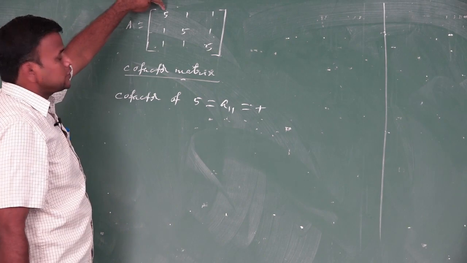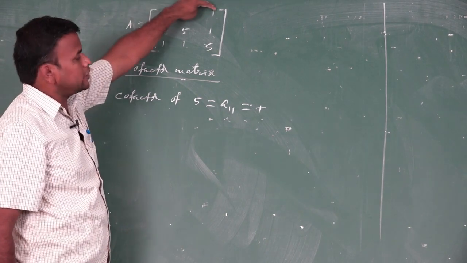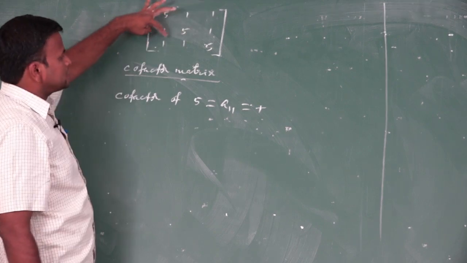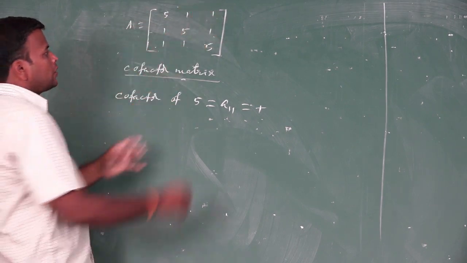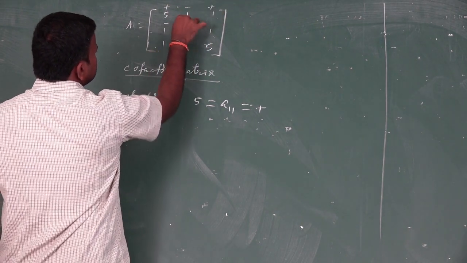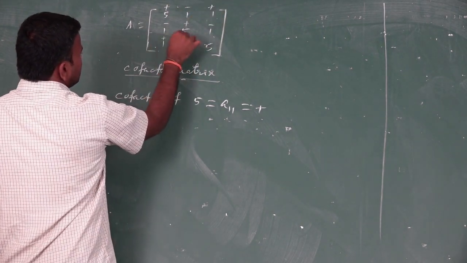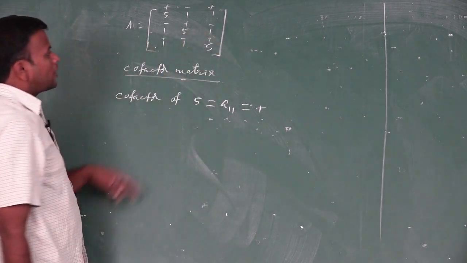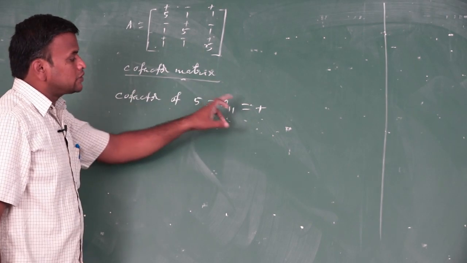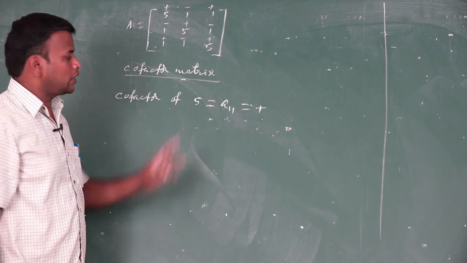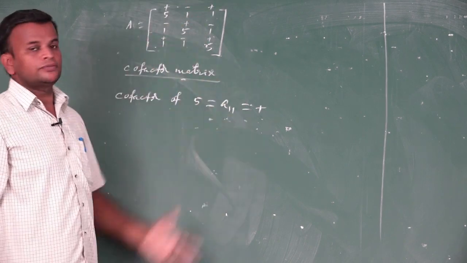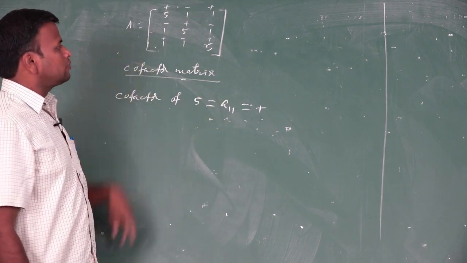Okay, it becomes plus, minus, plus, minus, plus, minus, plus, minus, plus. For convenience, I write plus, minus, plus, minus, plus, minus, plus, minus, and plus. Whatever may be the symbol, sign. Okay, the place value or the sign is a plus. The number 5 and the row and column it occurs in will be left out. The first row and first column are left.